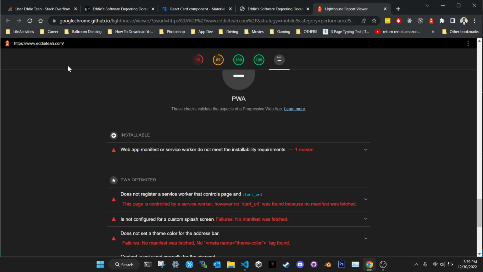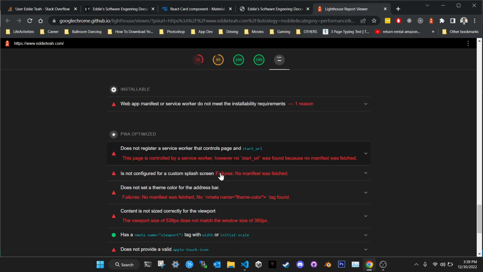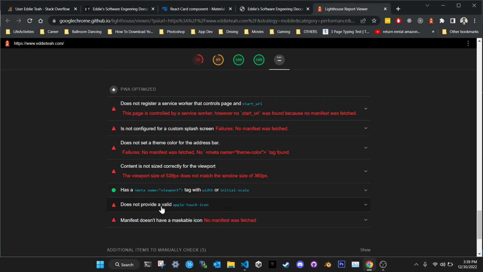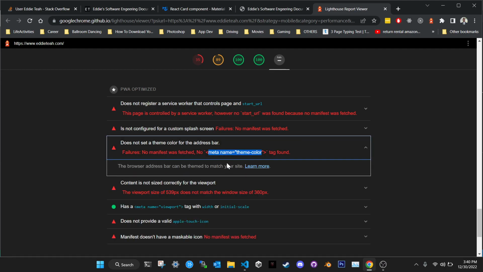However, this Lighthouse has its own judging system, and apparently I need to have stuff like theme, which is something that is gonna be handled by Material UI, and I need to have Apple Touch icon, and I don't have those.